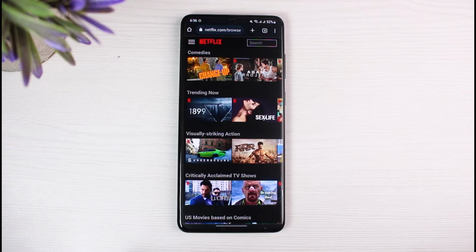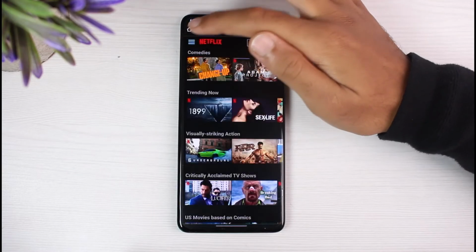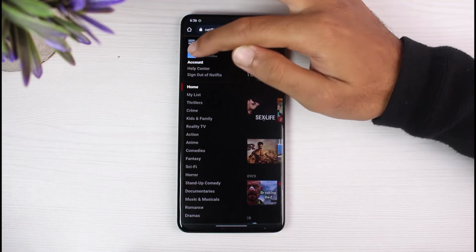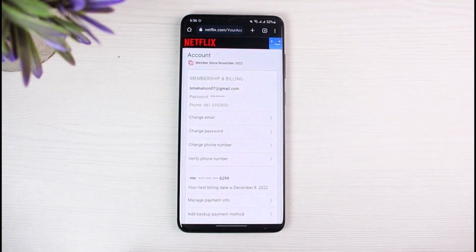Now you'll have to first of all log into your Netflix account, and once you've logged in, your interface will look somewhat like this. Now you'll have to tap on the three lines on the top left corner of your screen. After that, tap on the option account, which is just under your name, and now it will take you to this page. So you'll have to scroll down,